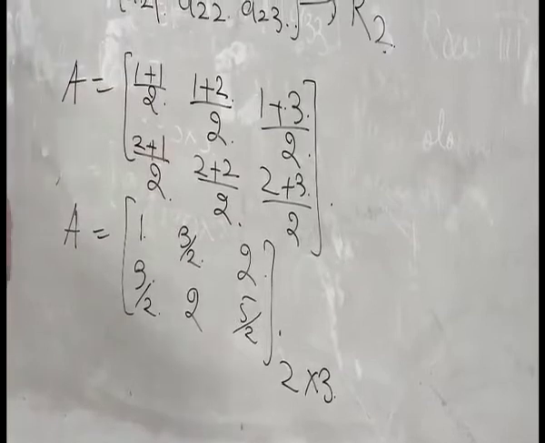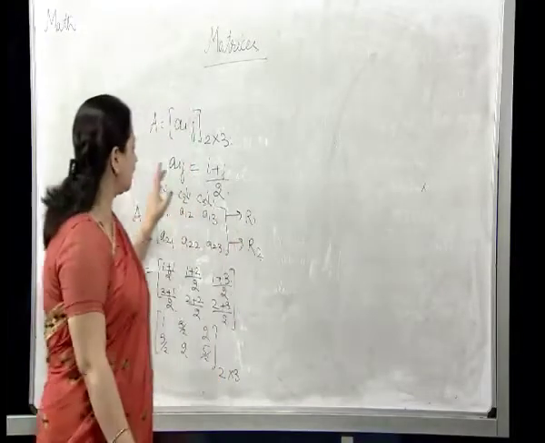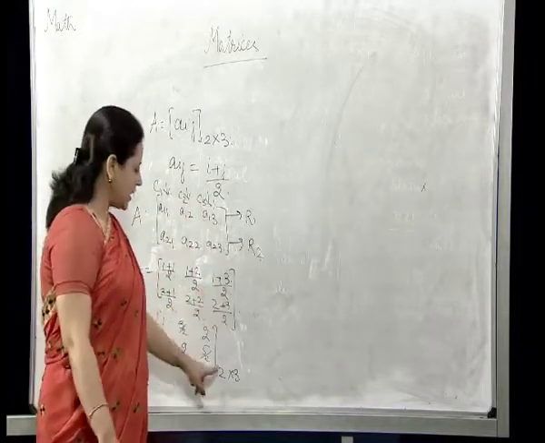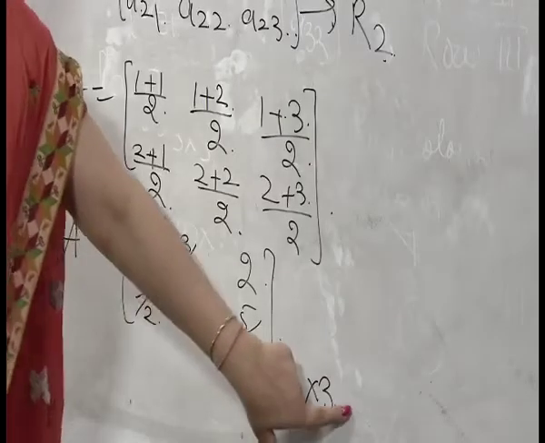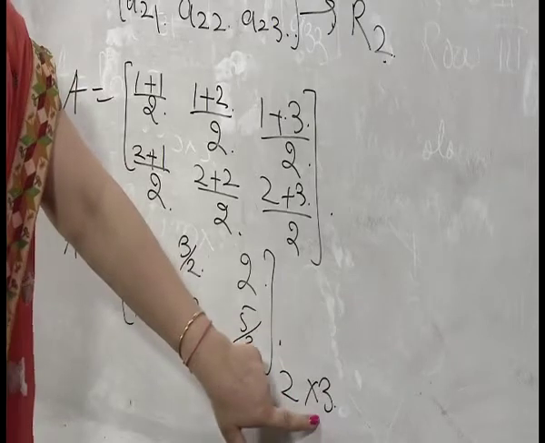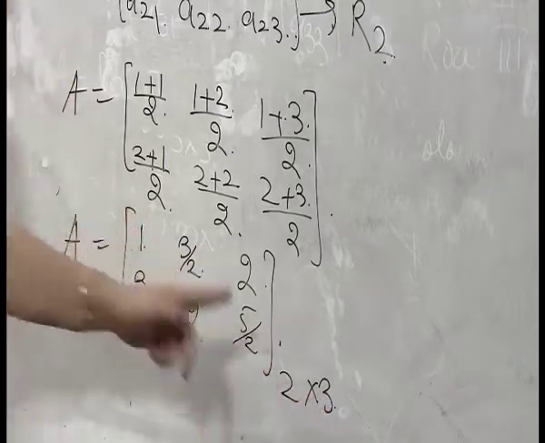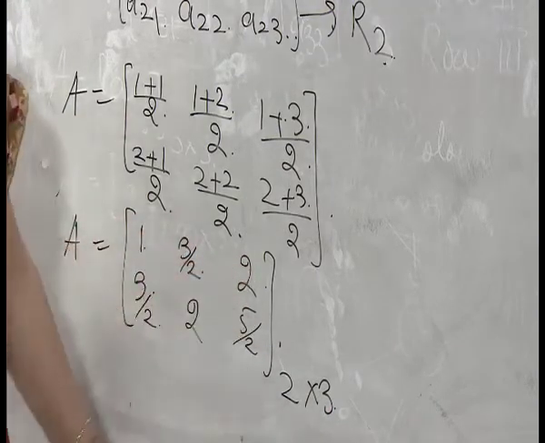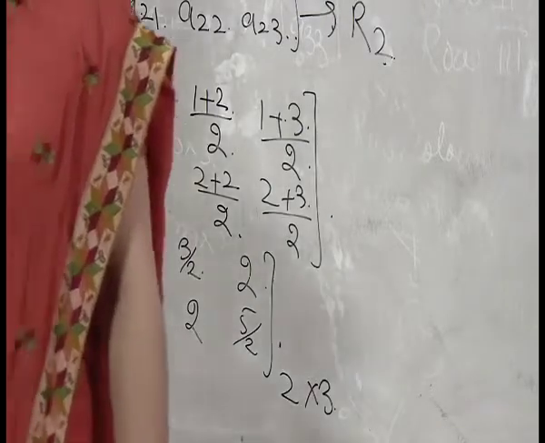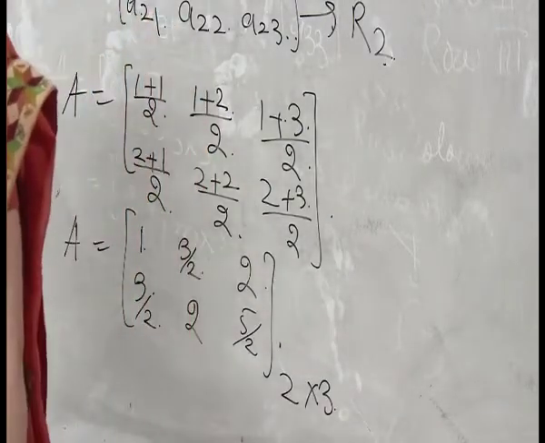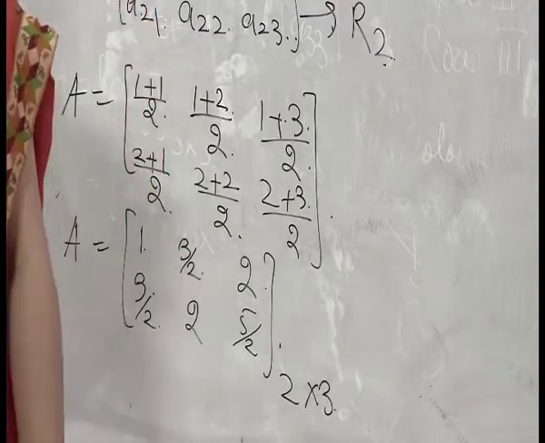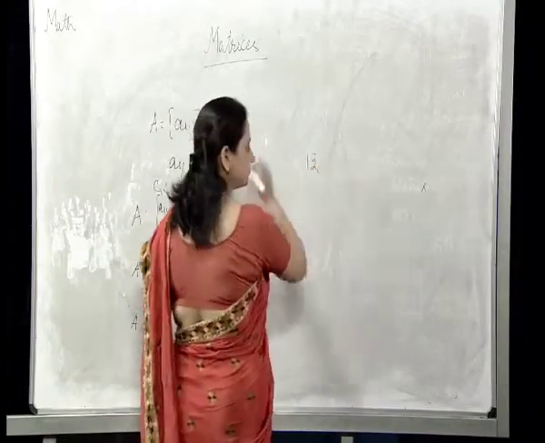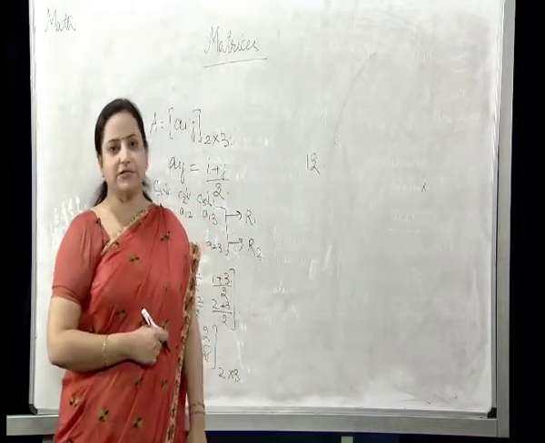Now the question arises, I have told you that you can find the number of elements of a matrix by its order. This is a matrix of order 2 by 3. So how many elements should you have? 2 into 3, 6. So you can count, you are having 6 elements, 1, 2, 3, 4, 5, 6. Now if you are given the number of elements, you can easily construct the matrices. I will give you an example. If the number of elements in a matrix is 12.